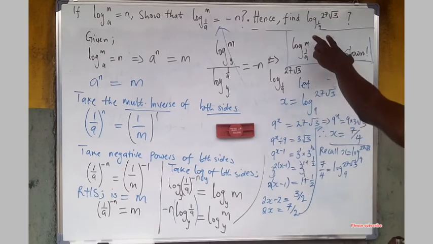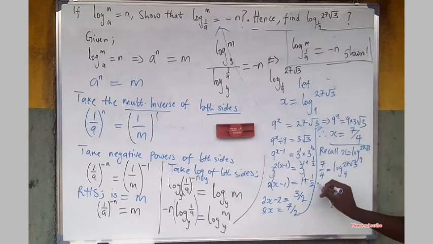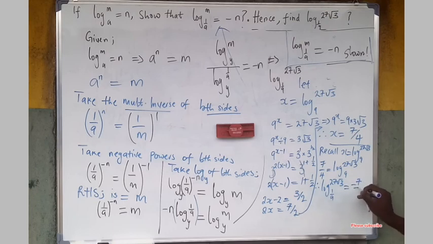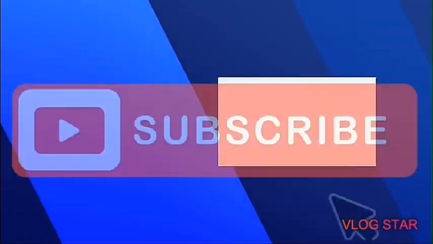Therefore, log of 27 root 3 to base 1 over 9 will be equivalent to negative 7 over 4. This is the result, negative 7 over 4. How do we know that log of 27 root 3 to base 1 over